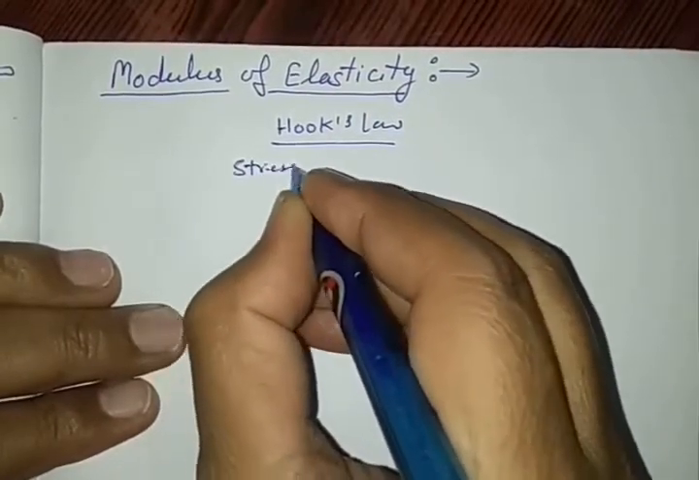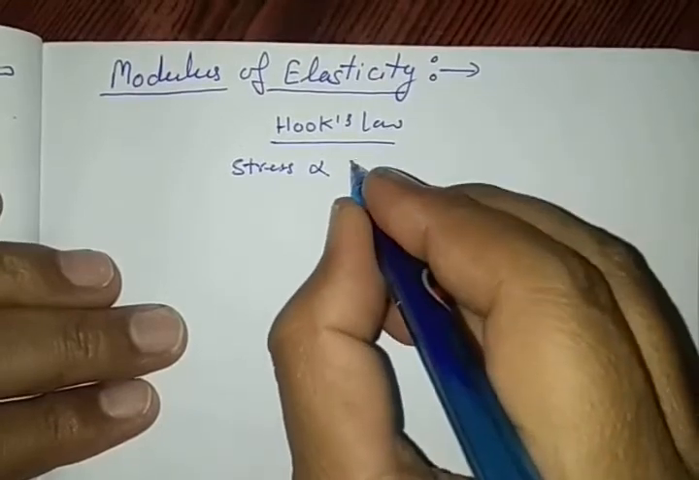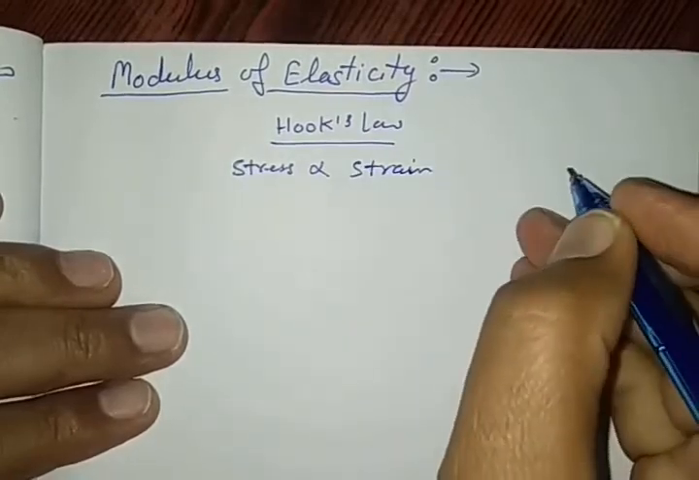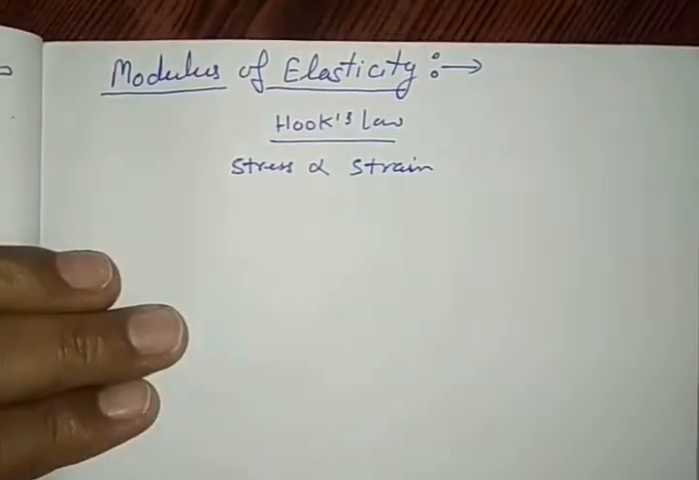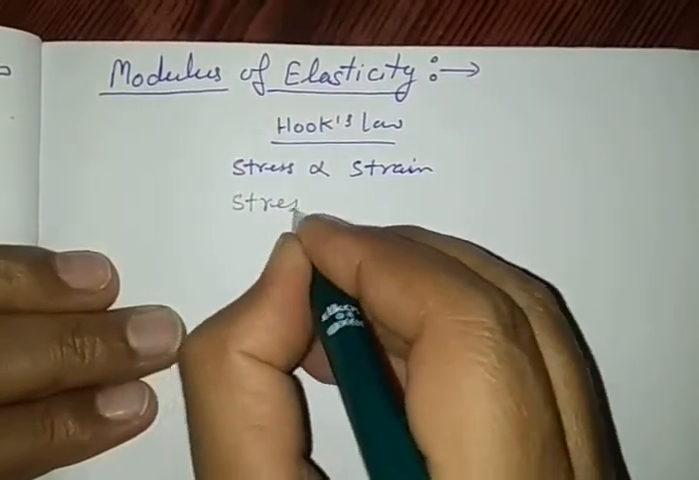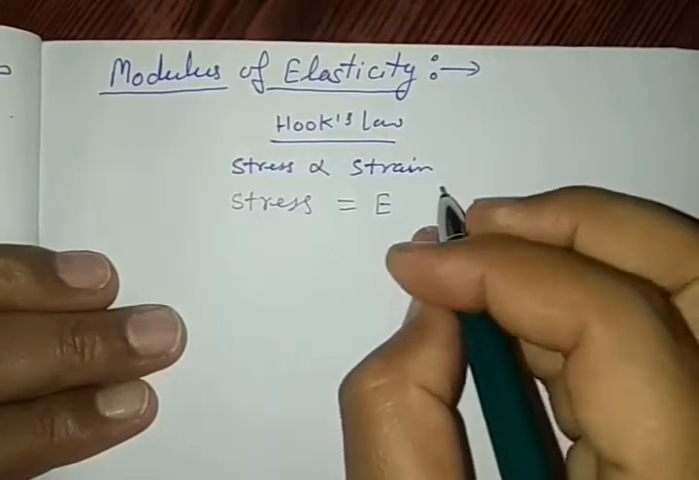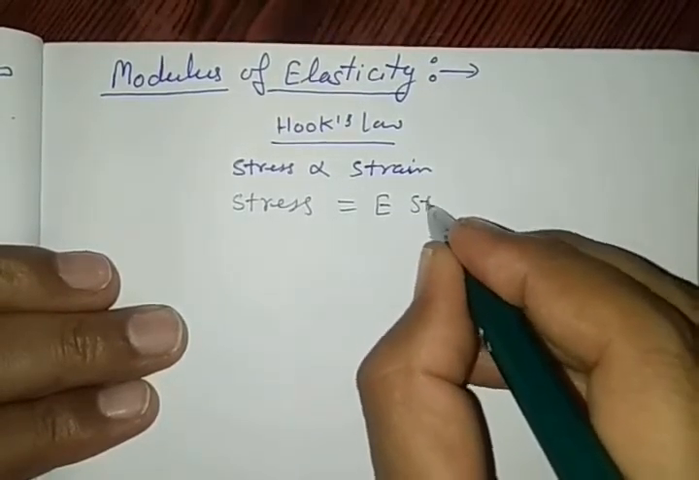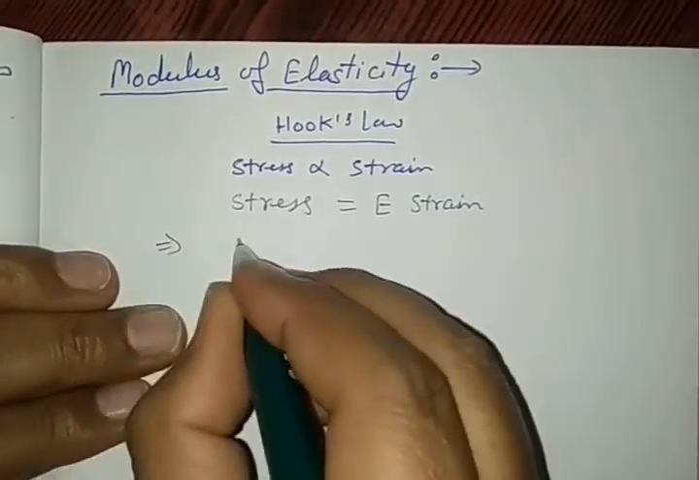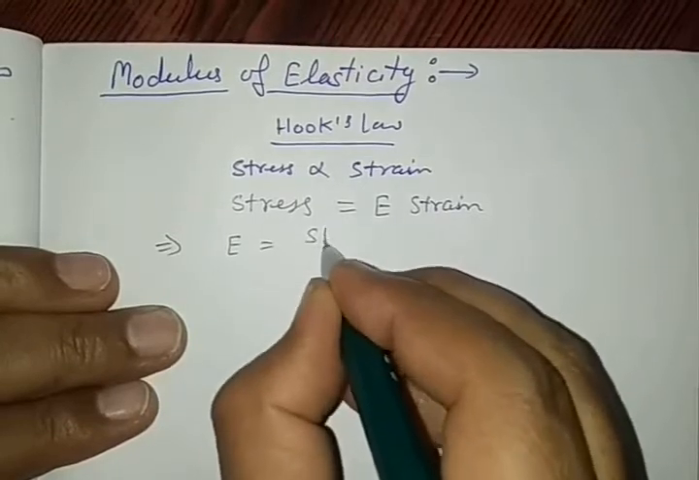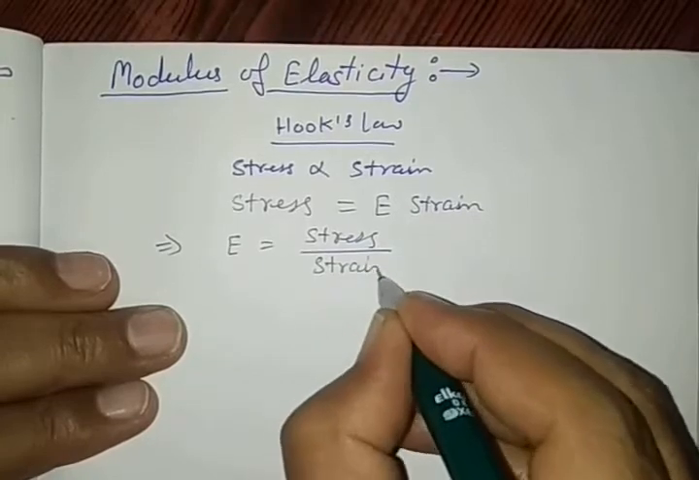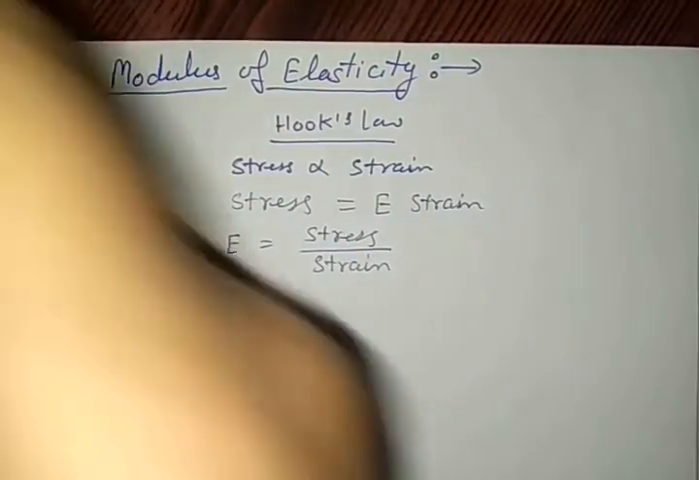stress produced in a solid is directly proportional to strain. This mathematical expression can be written as stress is equal to capital E into strain, or we may write E is equal to stress by strain. Here in this